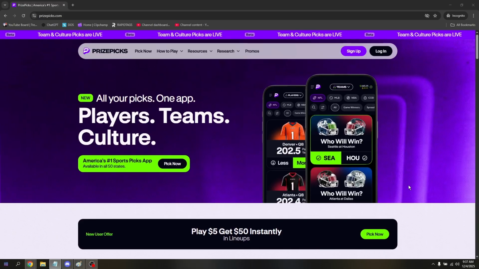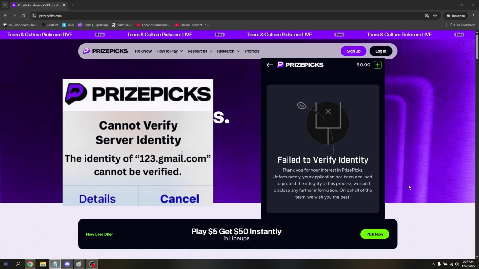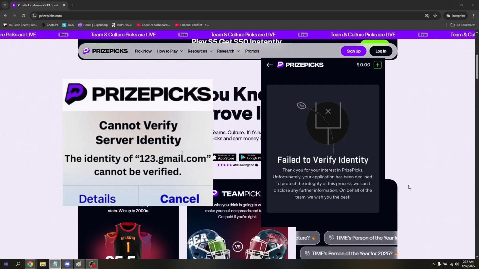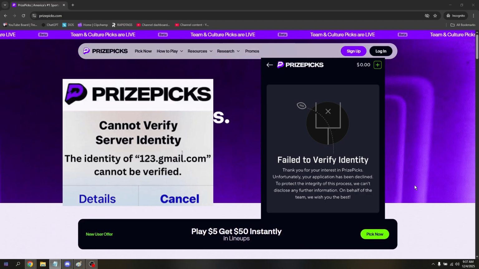If you're receiving this kind of error message in the middle of verifying your account, maybe this one, or failed to verify identity, you won't really be able to withdraw any funds that you have from PrizePicks. However, if you already have that information and you're locked in, especially with the identification process of PrizePicks, here's how